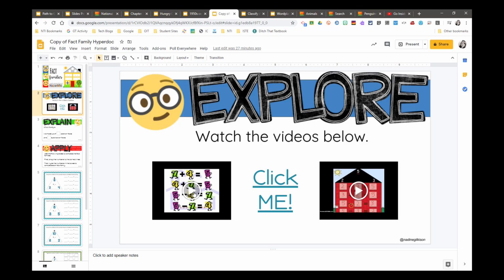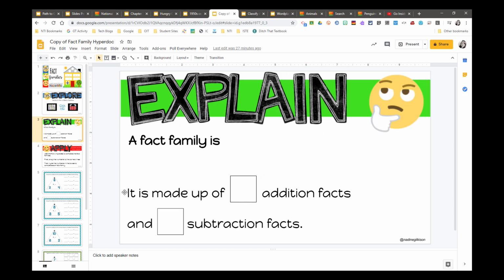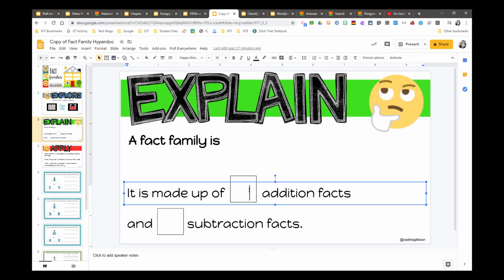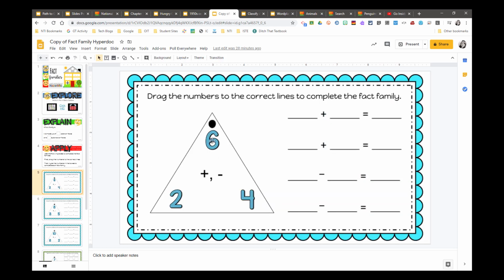They can watch these 2 little videos that are really fun and colorful that will grab their attention, yet teach the concept of what they're going to be doing today. Then there's an explain slide where they can come in and type what the answer is. And then there are drag and drop activities. So the teacher just included these numbers in their own little box. It looks like she used word art to complete these. And then now the students can drag and drop numbers